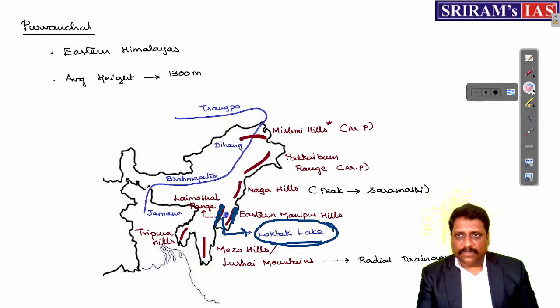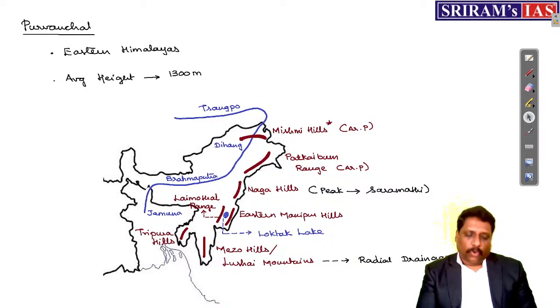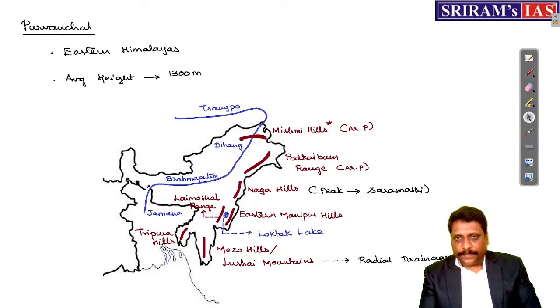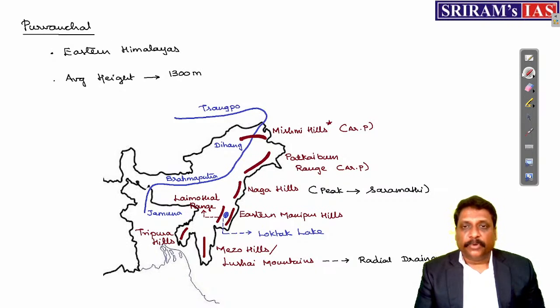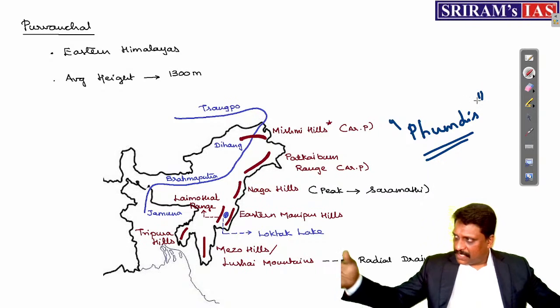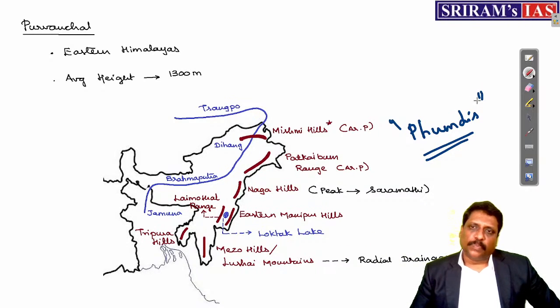And what is the significance of this Loktak Lake, if you ask me, my dear friends? Of course, you might be knowing the significance. Loktak Lake is a lake where you have an island which floats. Island in the sense, it's a dynamic mix of vegetative debris, soil mix and others. So somewhere the density of this, say for example, this rock becomes lesser than water, so it floats. You call them as what? Phumdis. Or simply locally you call them as what? Phumdi. Phumdi is large enough so that small huts can also be constructed over this Phumdi.